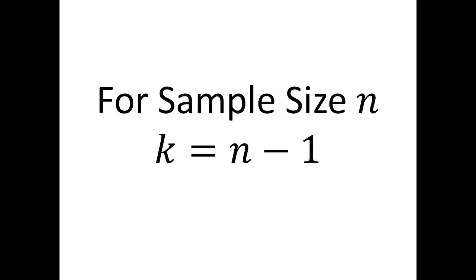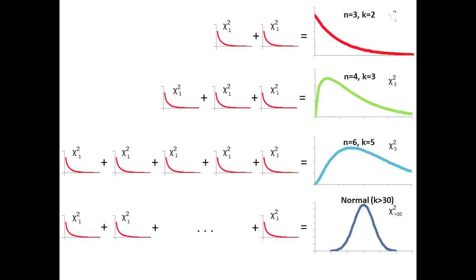You might not be surprised to learn that the variance associated with a sample size of n gives rise to the sum of n-1 independent squared normal distributions, and is characterized by the chi-square distribution with k equals n-1 degrees of freedom. You can see a progression in these shapes as you increase n from 2 to 3 to 5 to 30. When n is large, the curve approaches a normal distribution. This last result should not be surprising, since the central limit theorem says that when you add a sufficient number of continuous distributions together, you will obtain a normal distribution.